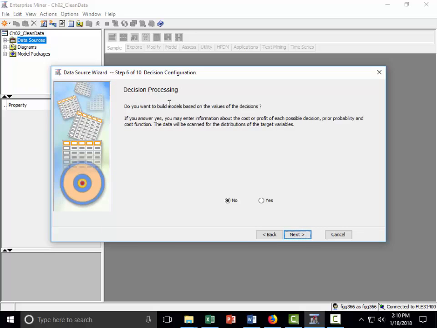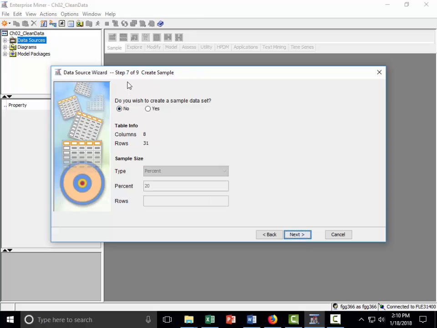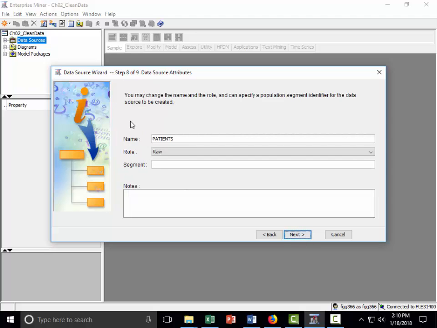Now decision processing is an important step that we will revisit here. We are not going to do this now, but this is for setting up decision criteria for comparing different models. Okay, so we can set up decision criteria for comparison. So we will skip this for the moment. Okay, and then we have, you wish to create a sample data? No. All right, so now this is what we're going to